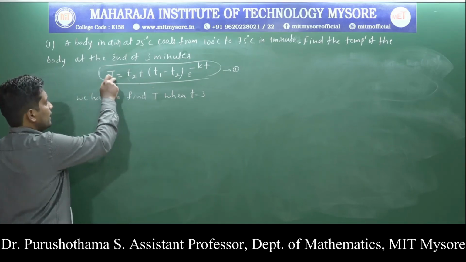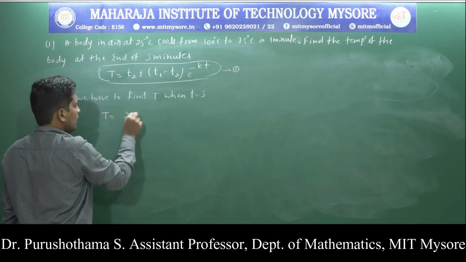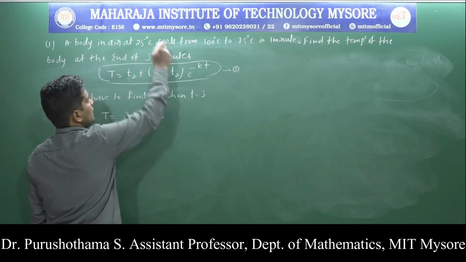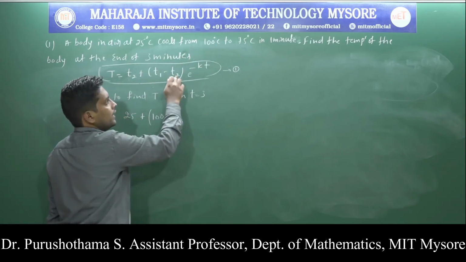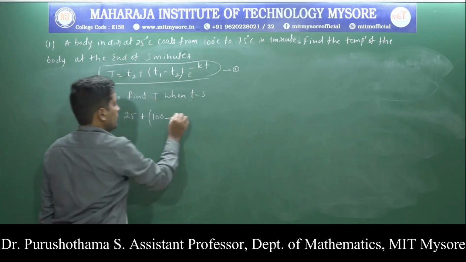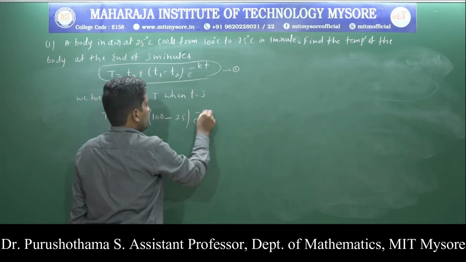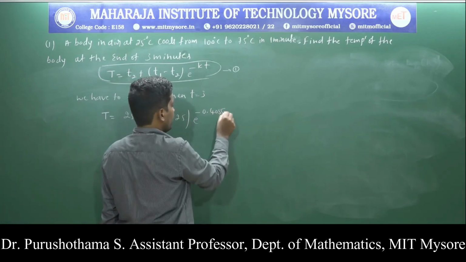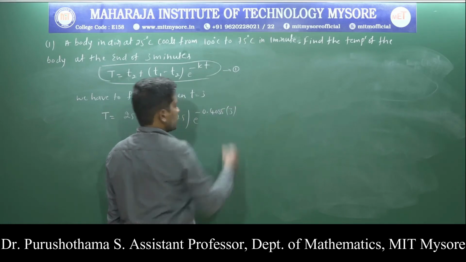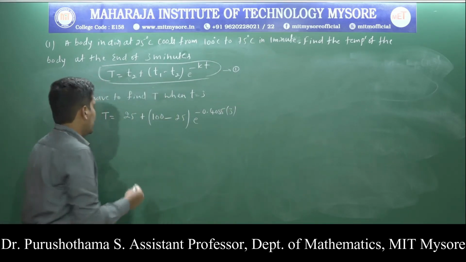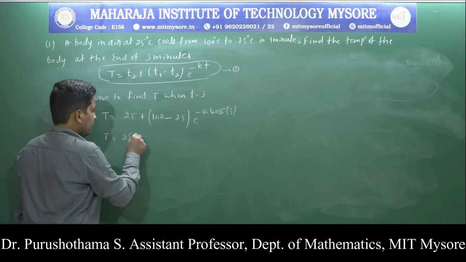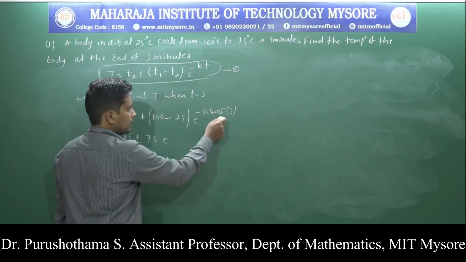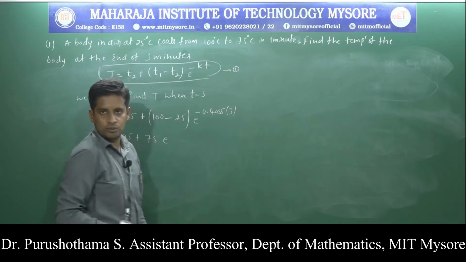In the next step, capital T is equal to T2, the air temperature 25 degrees, plus T1, the initial temperature 100 degrees, minus T2, the room temperature 25 degrees, into e power minus K, the proportionality constant, 0.4055 into t equals 3. Okay. In the next line, T equals 25 plus 100 minus 25, which is 75, into e power the multiplication of these two, 0.4055 into 3, which is